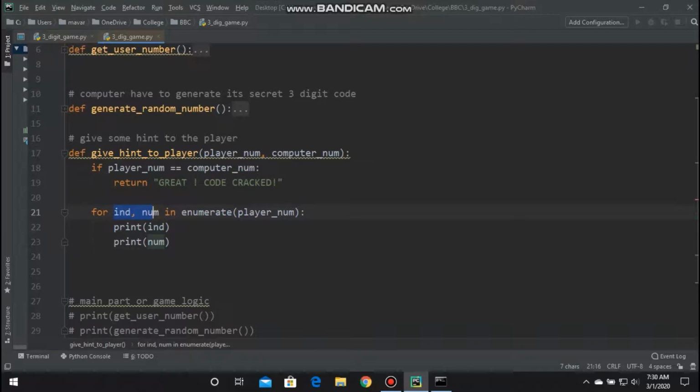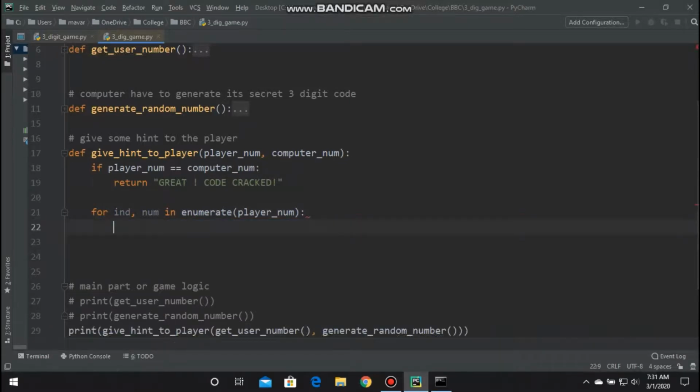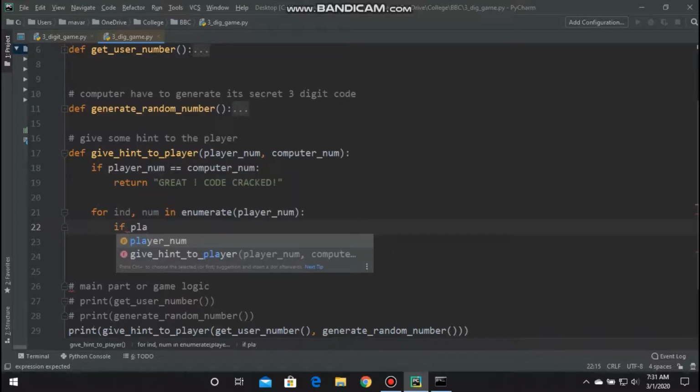Okay, and for true purposes you have to use this function. If you want more information, just type on Google what this function does, and there are lots of examples that will clear your concept of this function. Okay, so I got the player number and its index positions. Next I have to compare this with the computer number. So let's compare. If player